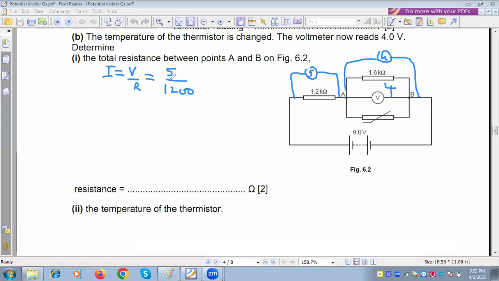So this is the current, 5 over 1200, and the same current will be the total current, though it will be dividing between the two paths. The total current will be the same, 5 over 1200. So we can calculate this resistance. We know resistance is proportional to the voltage. So 4 over